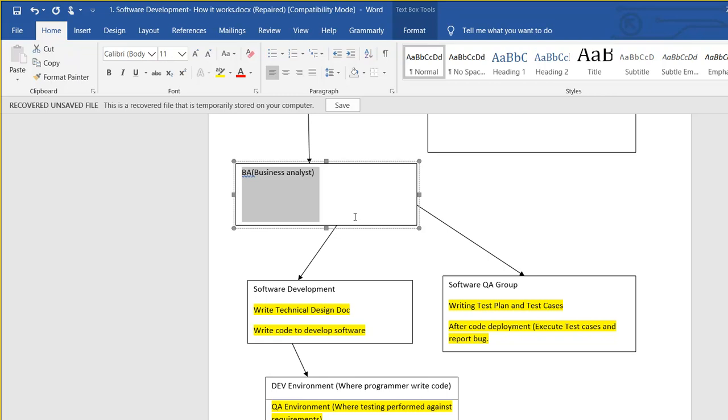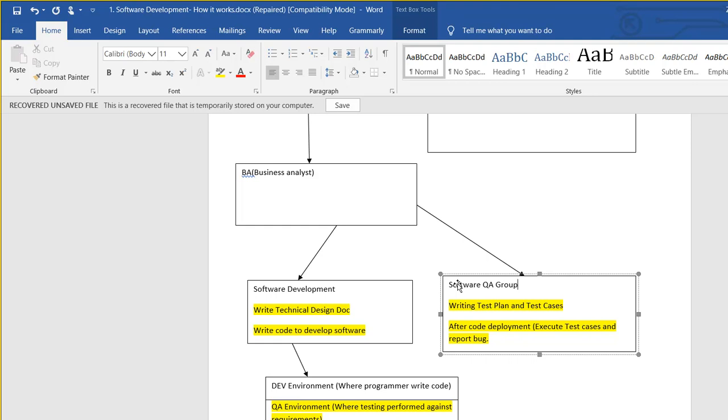All of these documents go to two types of people: the software development group, the software developers, and the software QA group, or software testers. The software development group starts running with this document, and the software QA group starts running with the same document in parallel.